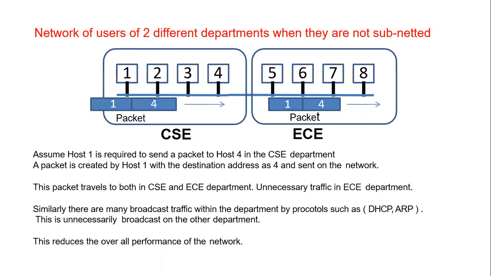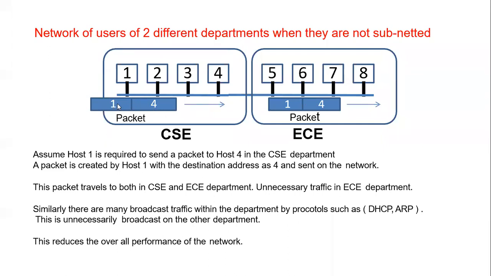The second advantage is that you can segregate the traffic of the packets or the internet traffic. Instead of sending the packets to all the network, we can group it to a certain set of hosts only. Suppose you have two networks, and host 1 wants to send a packet to host 4. There are two networks, one for the CSC department and one for the electronics department. Now, suppose there was no subnetwork, and consider all of this belongs to one network.